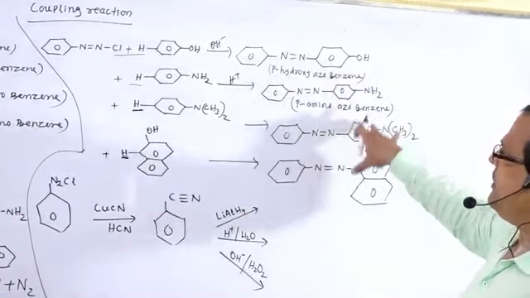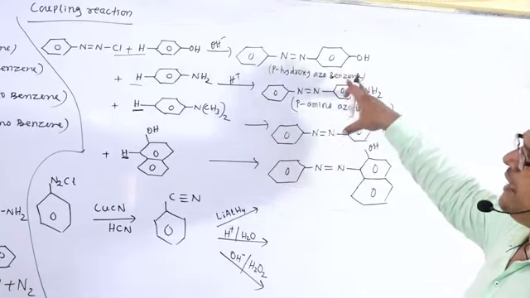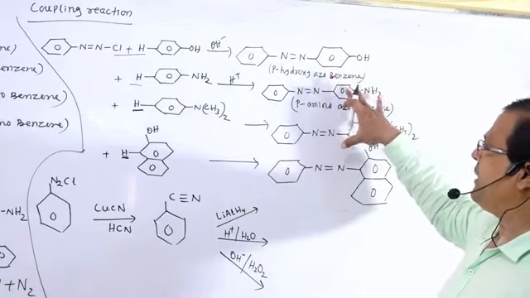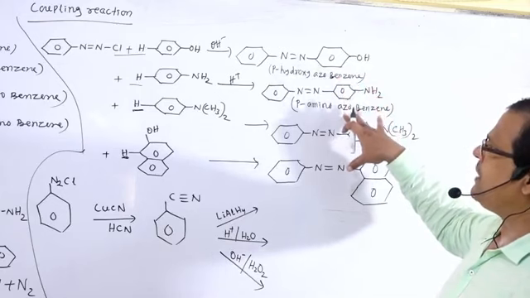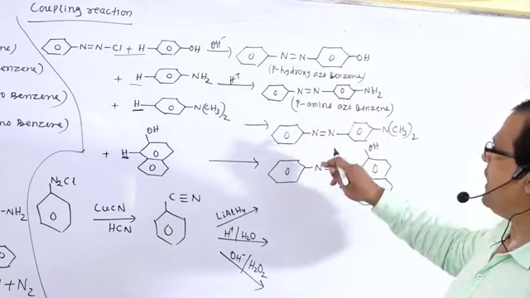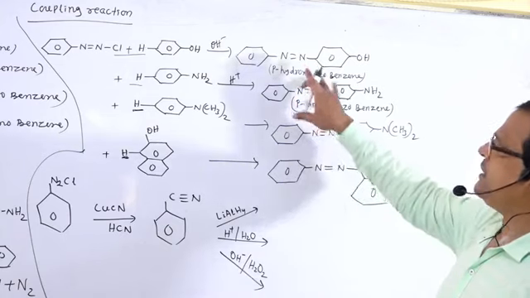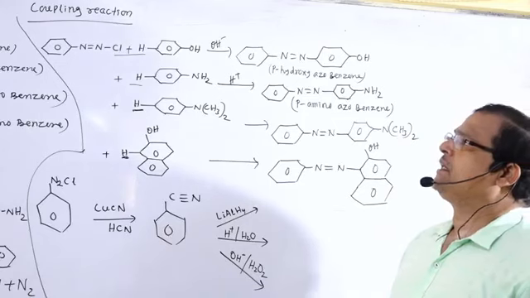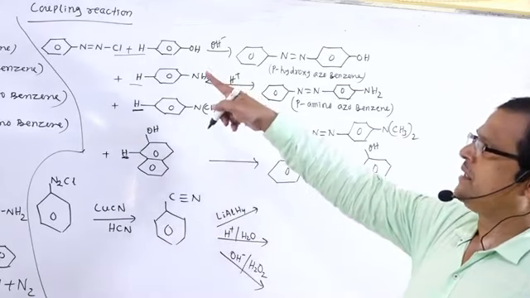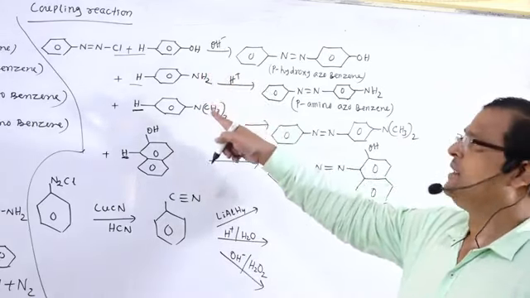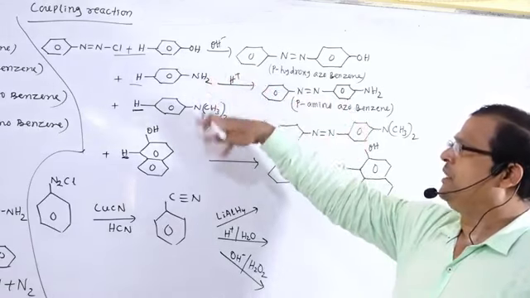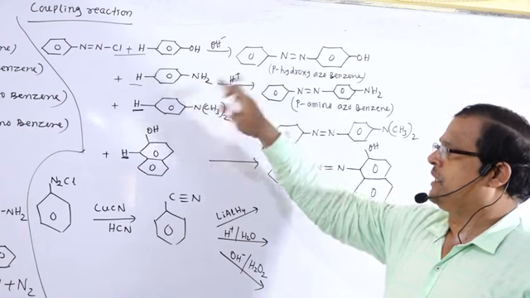All are examples of colored materials, that is azo dyes. They are different dye materials. This is the azo group. These are the azo dyes, different colored materials that are produced. That reaction is known as a coupling reaction, and it takes place either in the presence of alkali or acid, depending upon the material that we have taken.